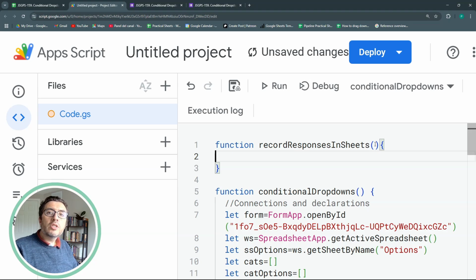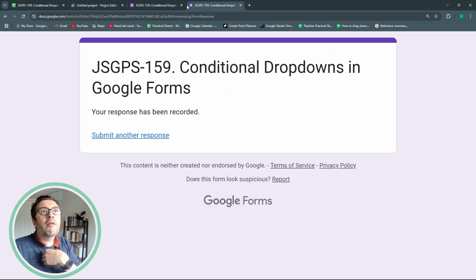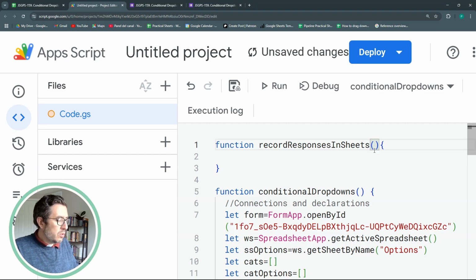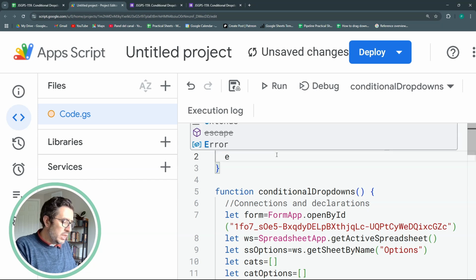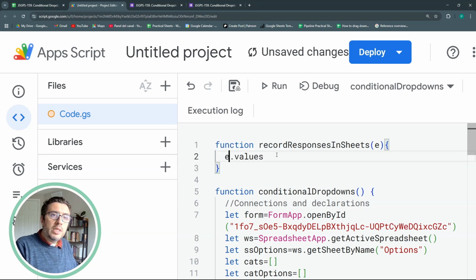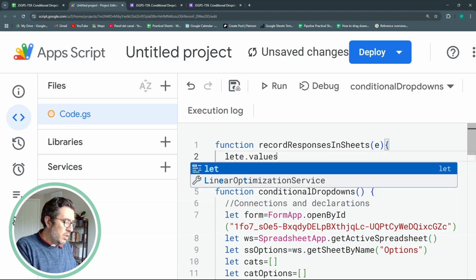For this, we're going to use a trigger. A trigger is a way that Forms and Sheets gives us to use certain objects when something happens. In this case, what happens is that a form will be sent. Once a form is sent, it will send an associated object with the answers. And I collect these answers with this e.values. So let's store this in a responses